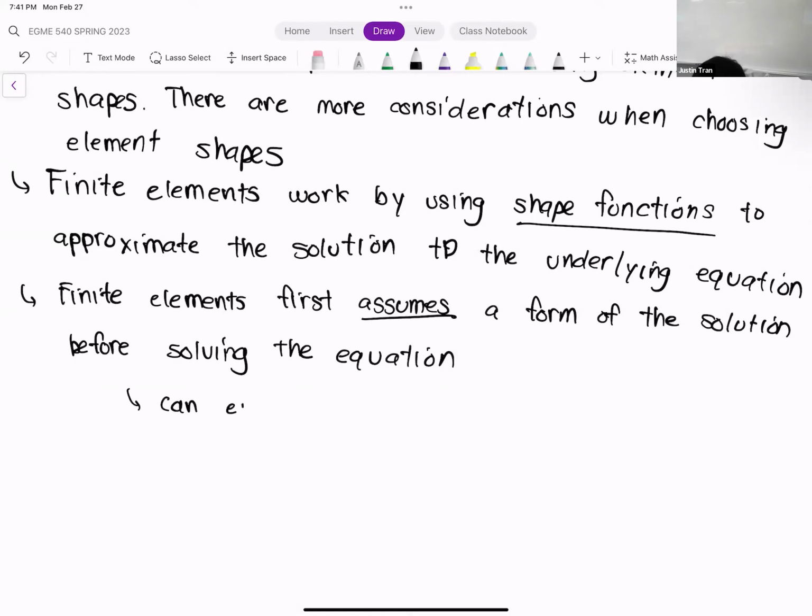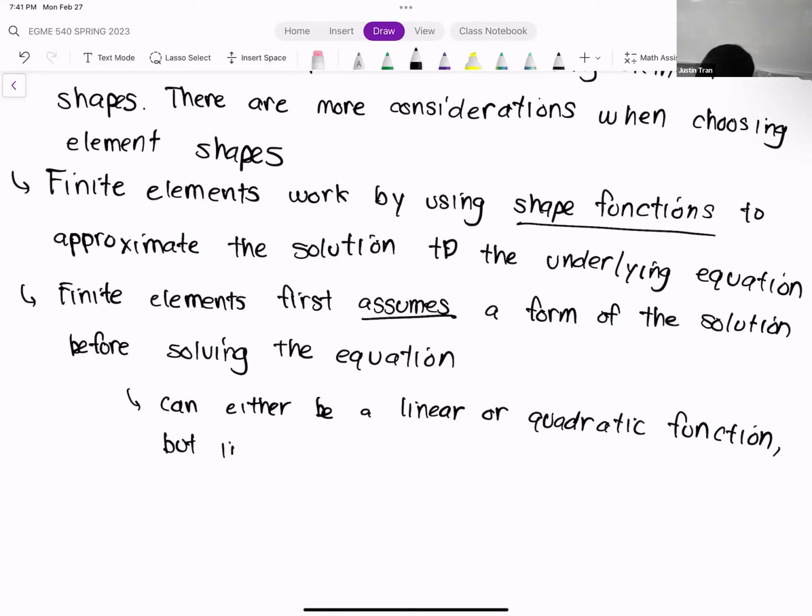So it can either be... and so shape functions, that's basically the term that we use for that approximating function, okay?